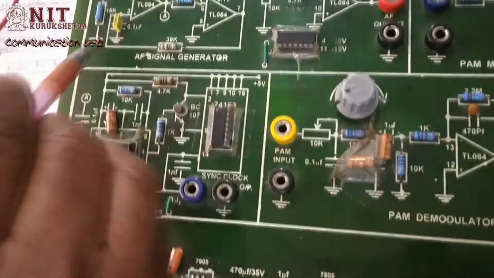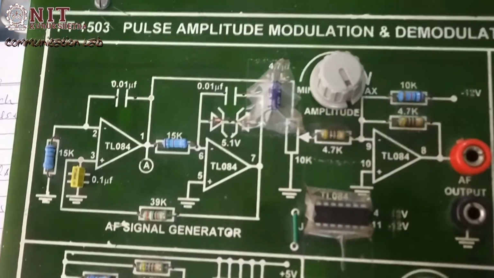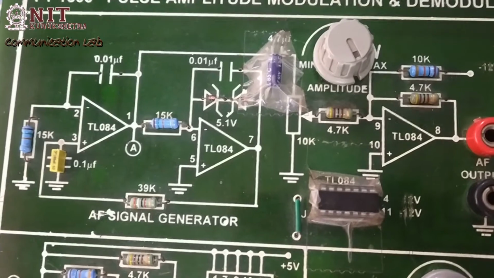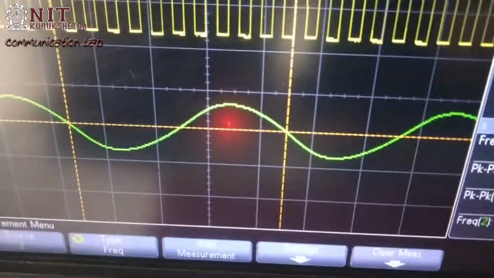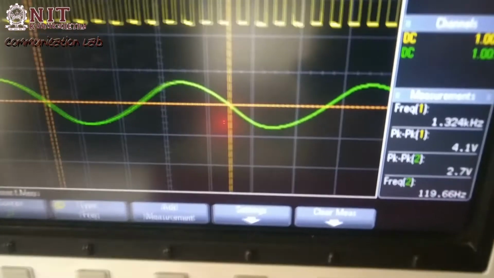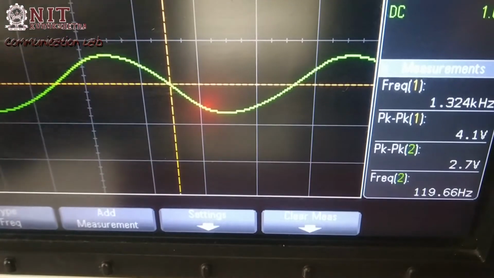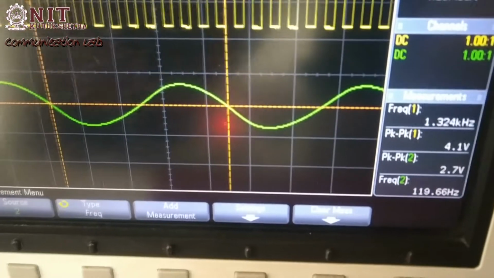The second part of this trainer board is the sine wave generator, which is used as a message signal. The frequency of this message signal is almost fixed in this board, near about 120 Hz. In green shade you can see our message signal.